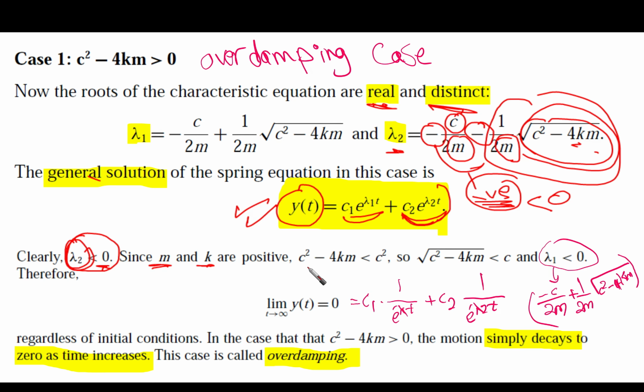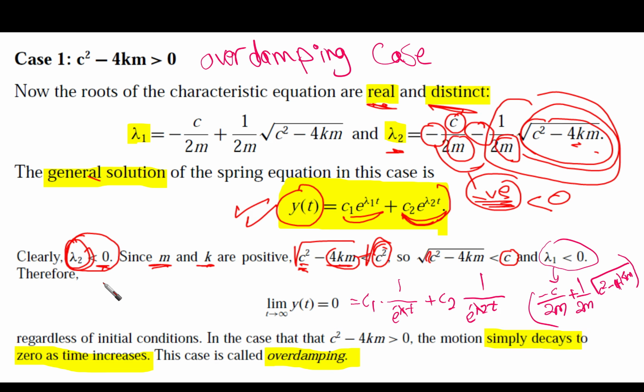So this means that c squared minus 4km must be less than c squared. Definitely, because we have c squared minus 4km larger than 0. This means that this term is less than only c squared, right? So the radical itself, the square root of the term, is going to be less than c. Definitely, we are just taking the radical here and here. We are going to end up with this. So we are sure now